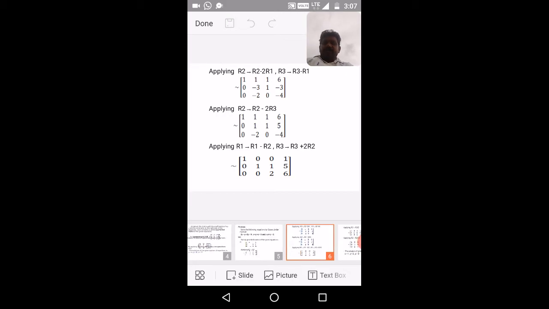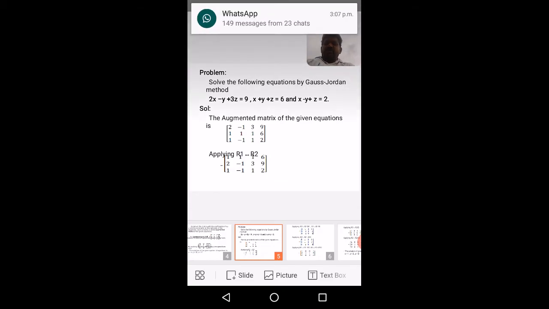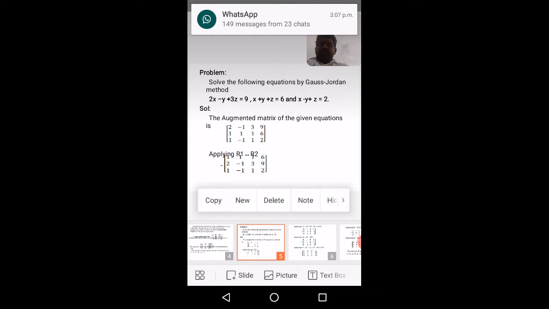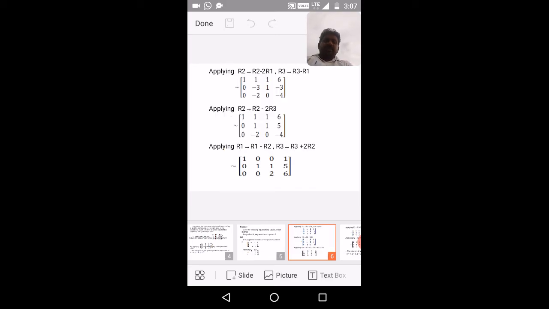R2 minus 2R1, sorry, yeah, in this matter R2 is 3 minus 2, so 3 minus 2 is 1. And next, the fourth element of this row, R2 minus 2R1, 9 minus 12, that is minus 3. So this is the new second row in this reduced matrix. Okay, and the operation used on R3 is R3 minus R1.